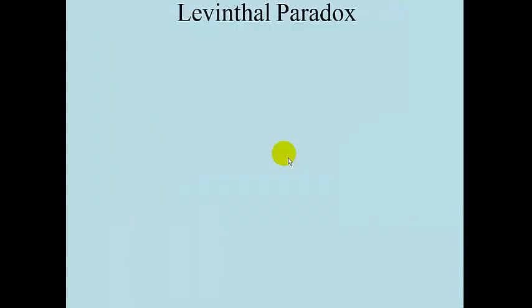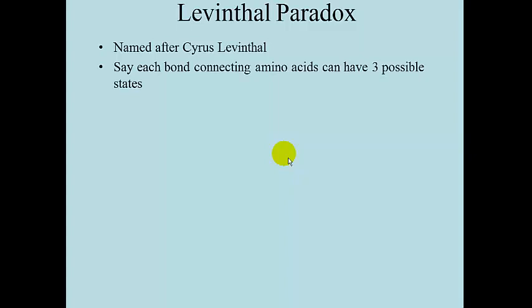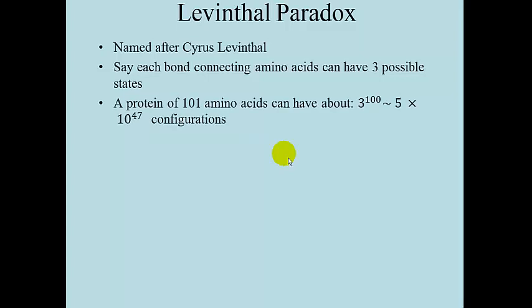Let's talk about the Levinthal paradox. Here we're talking about a situation that's more akin to inside the cell, or protein folding in vivo. This was a paradox enunciated by Cyrus Levinthal, approximately in the 50s or the 60s. And he came up with this thought experiment. If you have an amino acid that has 3 possible conformations, and if that protein is 101 amino acids in length, that protein can potentially have 5 times 10 to the 47 configurations, 3 stable states,